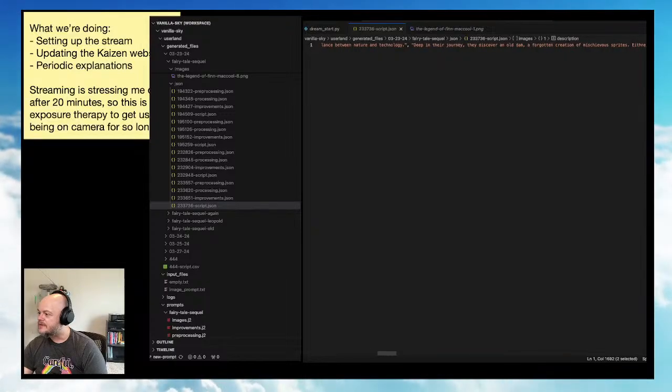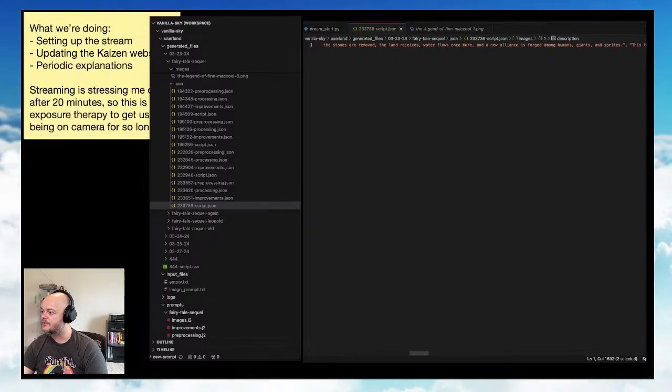Deep in their journey, they discover an old dam, a forgotten creature of mischievous sprites. Ethne, with her sharp mind, devises a way to communicate, opening a dialogue of empathy and understanding. Moved by the trio's plea, the sprites agree to dismantle the dam. As the stones are removed, the land rejoices, water flows once more, and a new alliance is forged among humans,